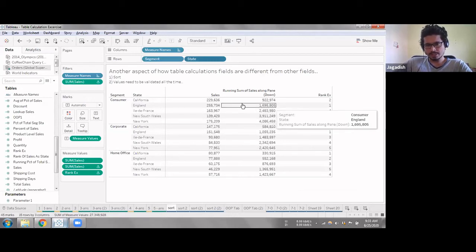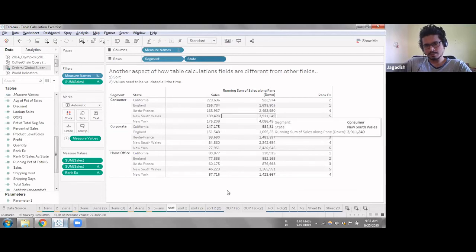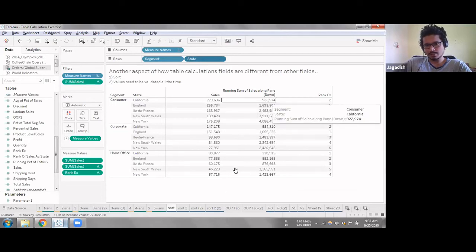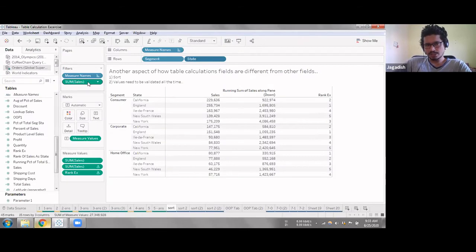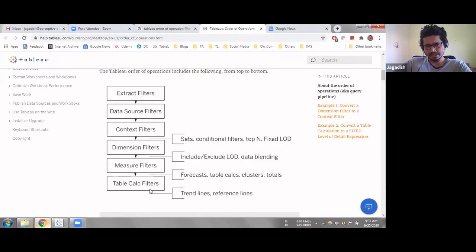So why is this happening? I'm putting the table calculation on this view, and it should give me the sum of these things, but it's giving me a running total on some other table, irrespective of this. That is again because of the order of operations. The filter that I used here is a table calculation filter, the rank, and that is performed last in the filter order.